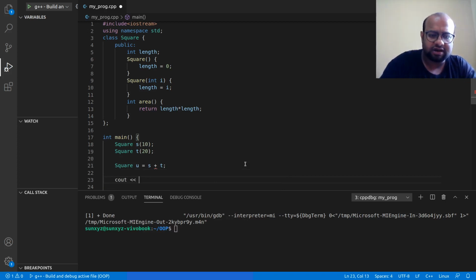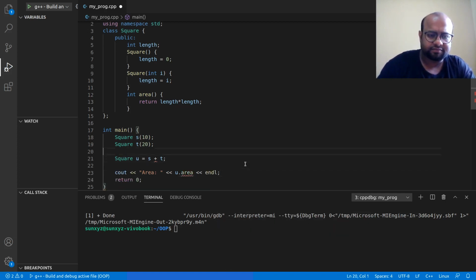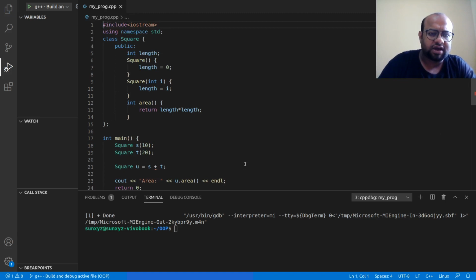Let me just print area should be equal to u dot area. U is what? U is s plus t. And I have to put this parenthesis around area. Fine. Now let me go ahead and try to execute this program.